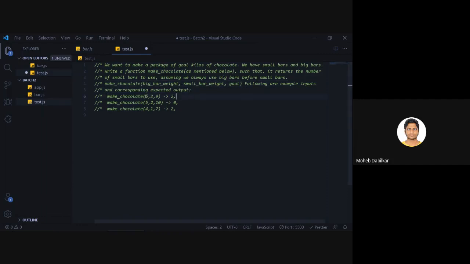So 5 is your big bar weight and 2 is your small bar weight, and the total weight should be 9. So this is your question and this is your answer. I want you to figure out the code in between.